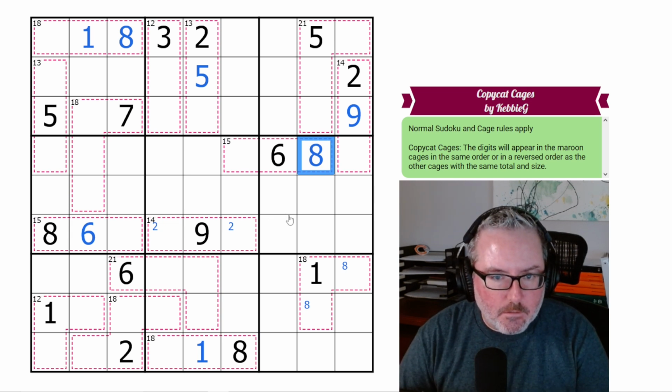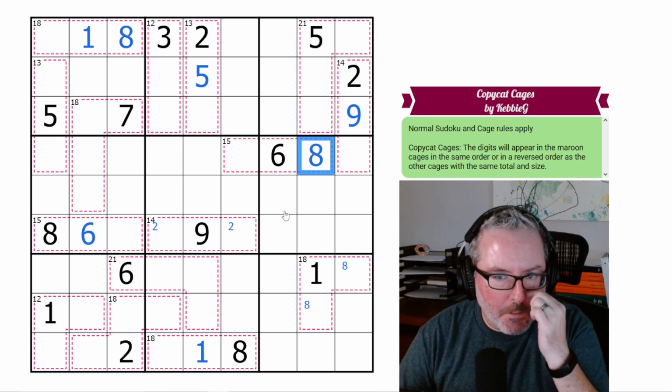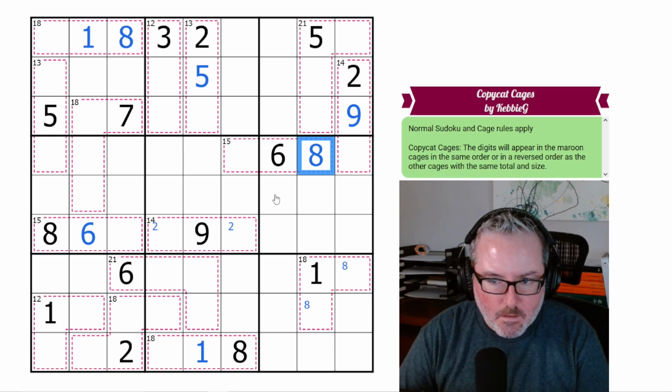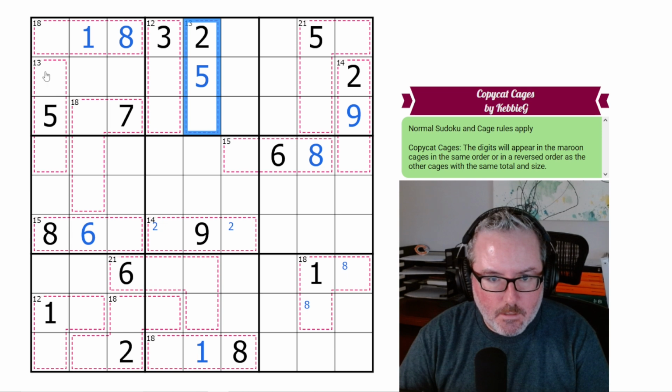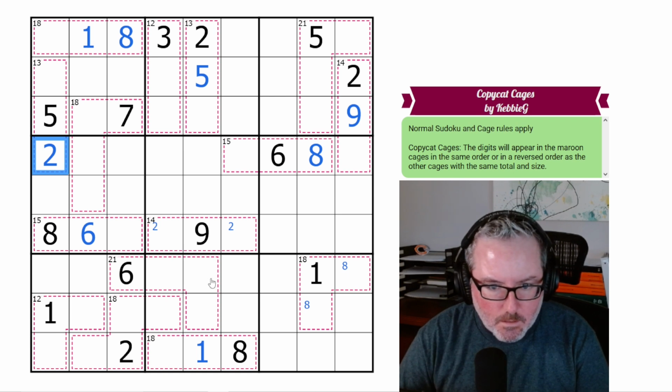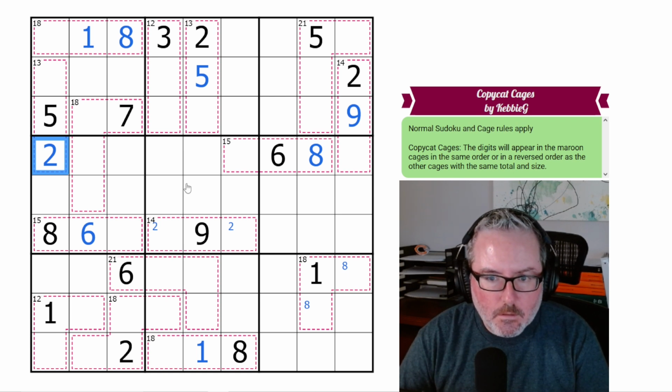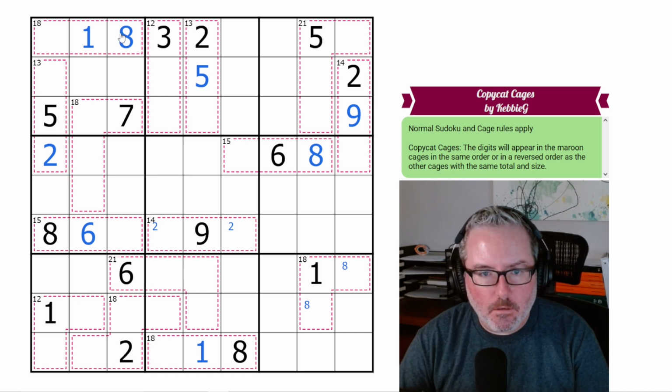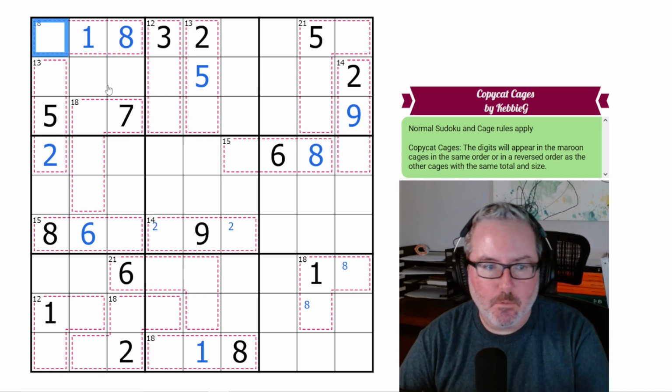Can we do anything else real quick before we switch gears? We can on this 13 cage. There has to be a 2 in it, but the 2 right here looks at this, so this has to be a 2. And anything else before I move on? I don't see anything off the bat, so let's look at our totals, because we can get some more numbers